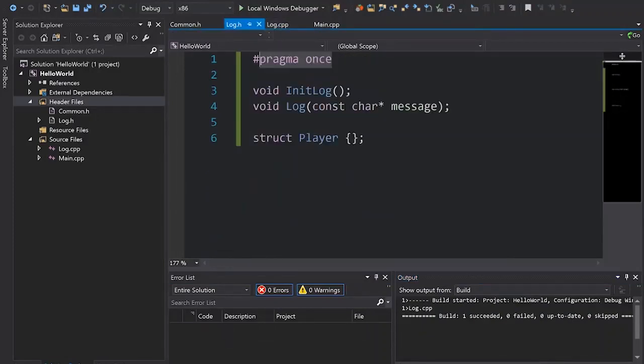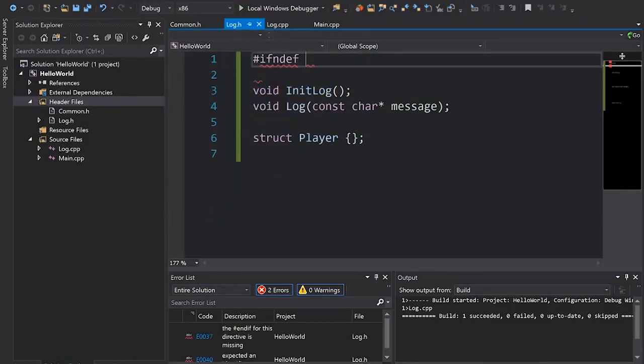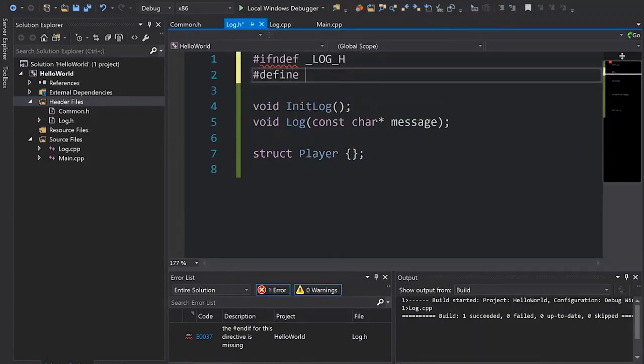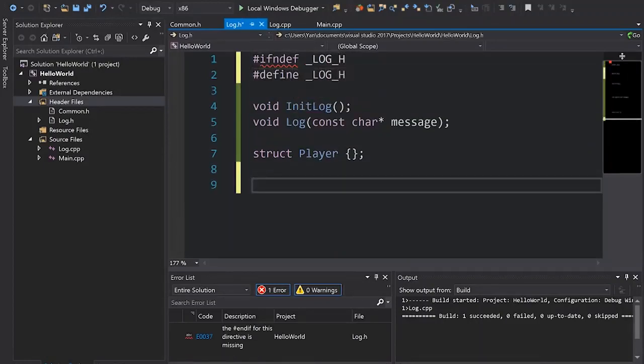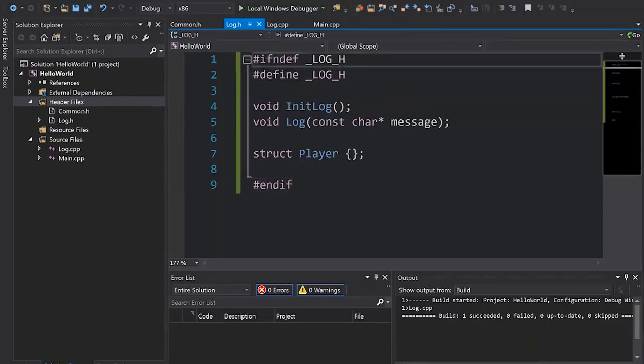It's actually via an ifdef. So what we can do is type in an ifndef, and then we can get it to check some kind of symbol, for example, LOG_H. We're going to define LOG_H, and then at the very end of our file, we're going to type in endif. So what this is going to do is first of all check to see if a symbol called LOG_H